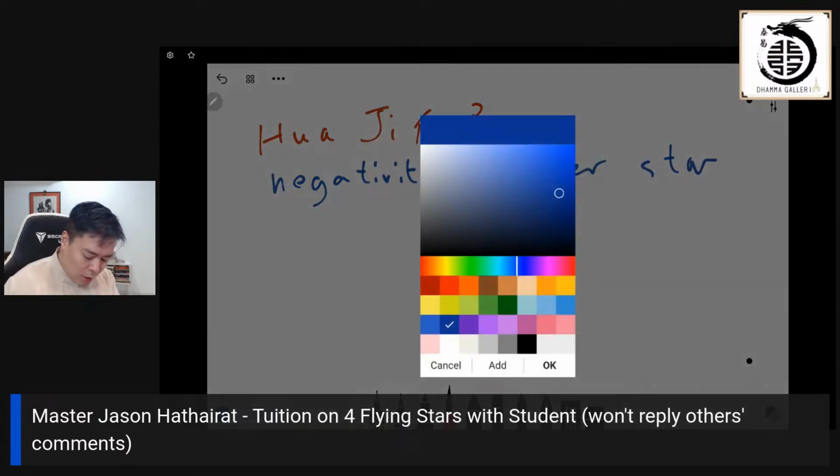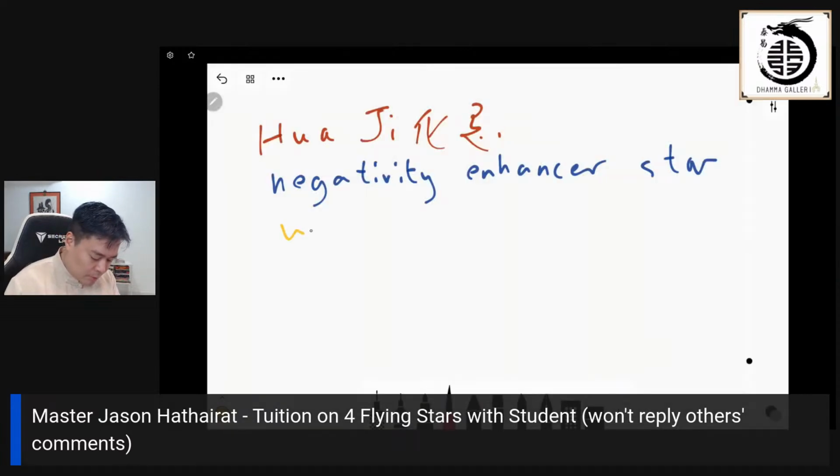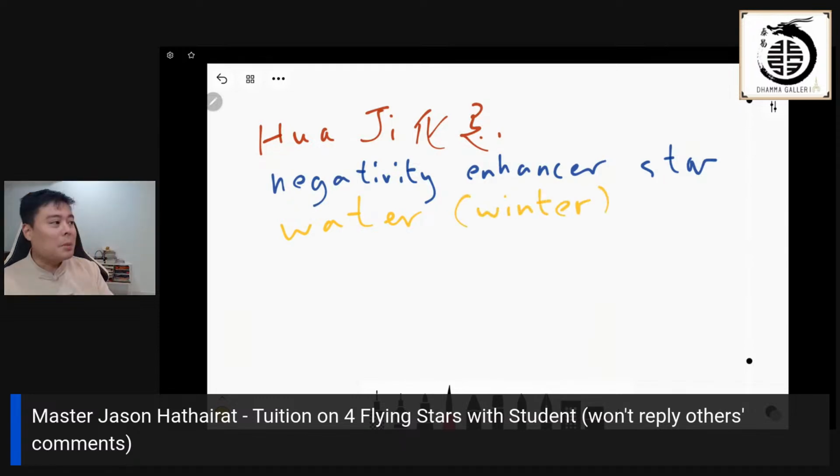And this is of the water element and is represented by winter. Winter is a period of time whereby things start to wither, start to die, or some animals will go into a deep sleep, hibernation. And most of the time, the environment during winter is very harsh,